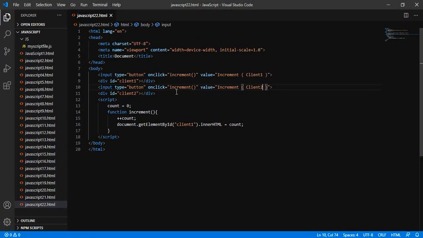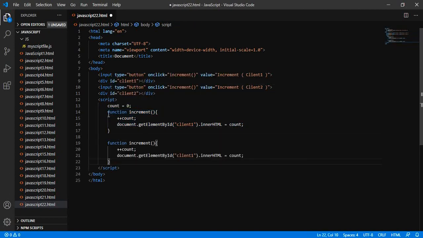But I want a separate increment for client 2. Let me just create another function, increment 2, and this is increment 1, and here I am saying it's client 2.